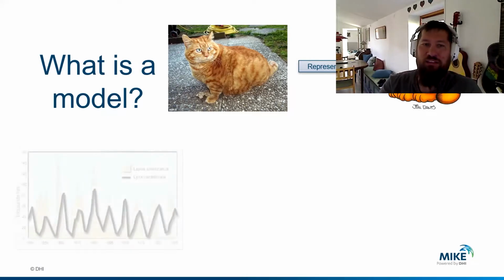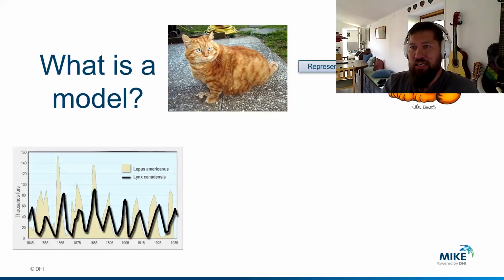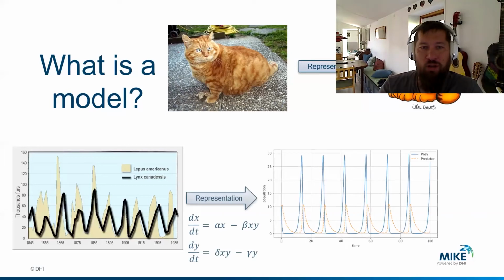In ecology, this means something else. For instance, here you see a natural system with variation. This is the data on fur trade, I think from Canada, on the Canadian lynx and the snowshoe hare. You can see how it fluctuates together in a classic predator-prey fluctuation. So a model would be like this, a simplified version of what we saw in the other one. That is a model of an element of something in the real world. And it usually has the aim of solving some sort of problem.